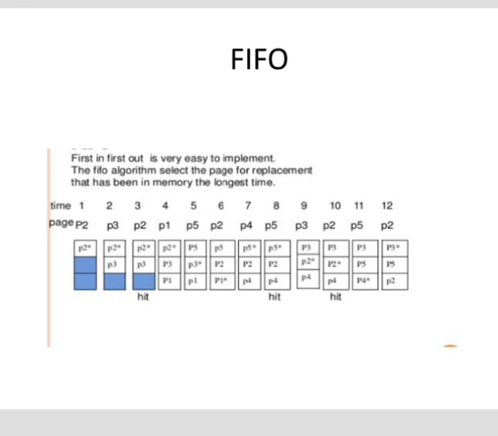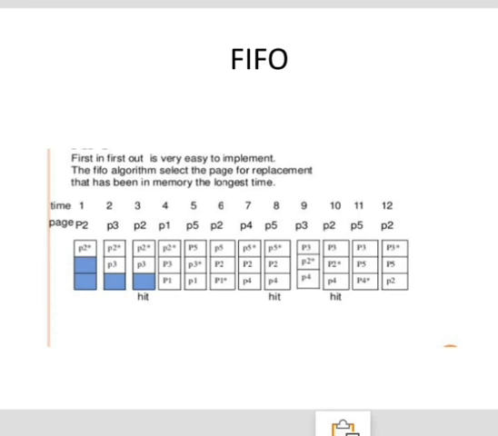Then number of page frames is one more term. Each process is allocated a certain number of page frames. If the number of allotted frames increases, the number of page faults decreases. The number of page faults depends on the reference string and the page replacement algorithm. And the third one, number of available page frames. Now hit ratio means the percentage of the times that the page numbers are found in the memory.